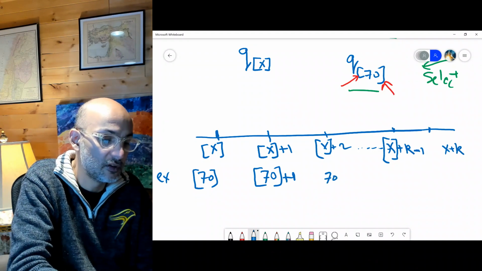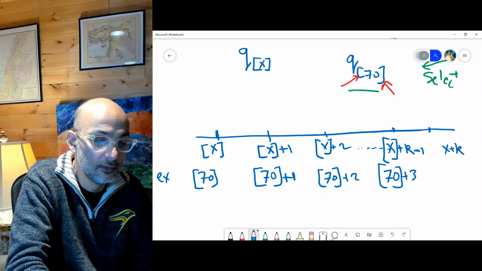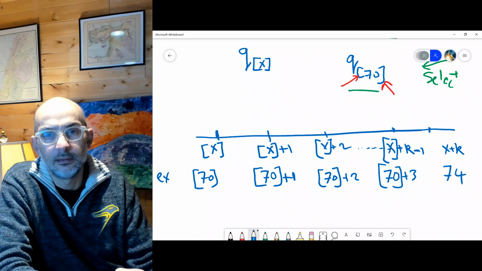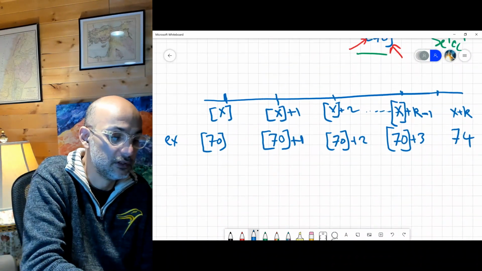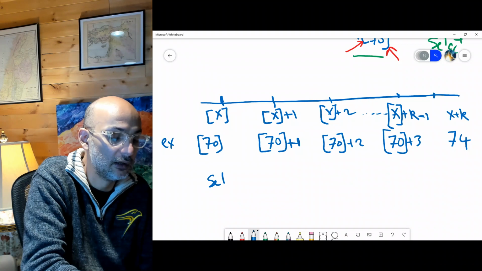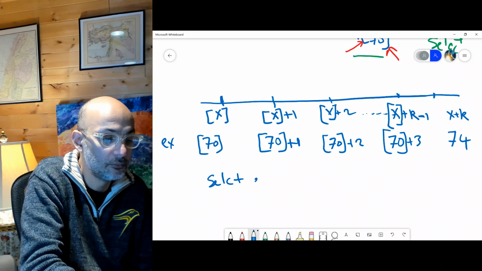We continue with 70 plus 2, 70 plus 3, and then 74. So here we have the select period. In the new notation, the select period